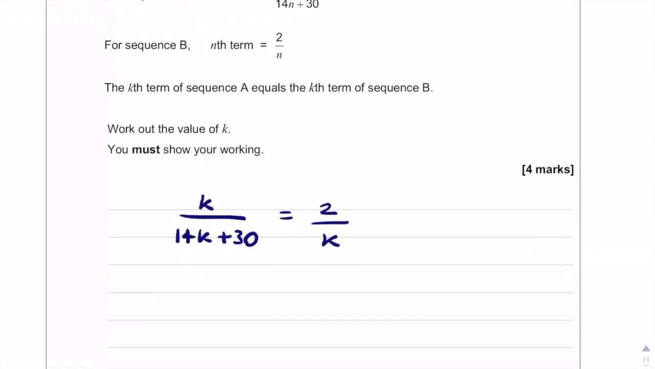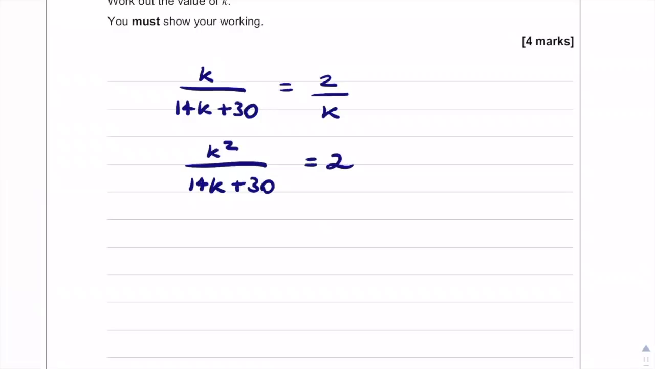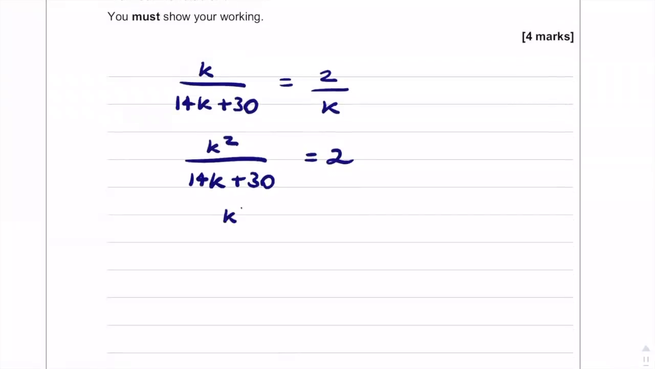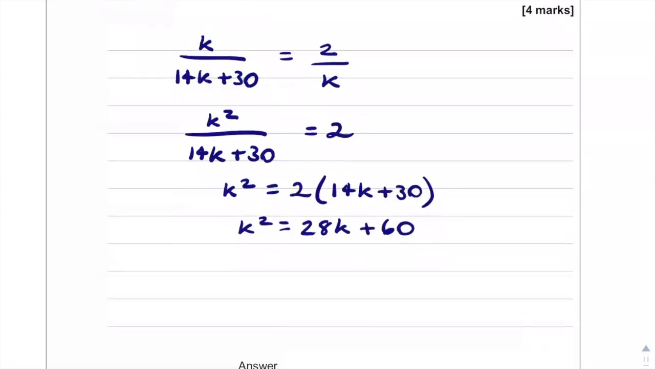So what I'm going to do first is multiply both sides of my equation by k. So I'm going to get k squared over 14k plus 30 is equal to 2. And now I can multiply both sides of my equation by 14k plus 30. So I get k squared is equal to 2 multiplied by 14k plus 30. If I expand this bracket out on the right hand side, I get k squared is equal to 28k plus 60. And then if I subtract the 28k and the 60 from the right hand side, move that over to the left hand side,